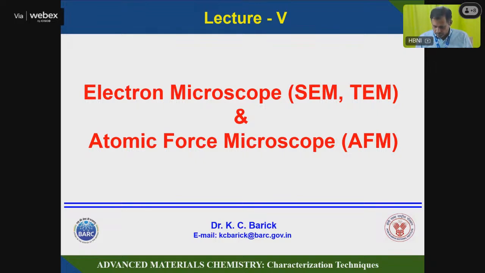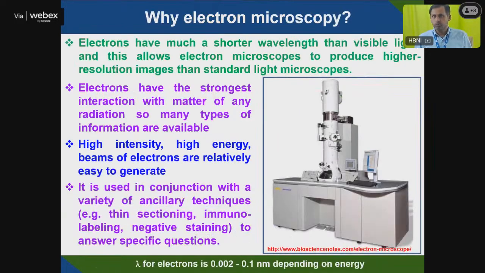First, coming to the electron microscope, why do you need an electron microscope? The first thing is that there are many optical microscopes available, but optical microscopes have many drawbacks, or we can't see many things. So we have to go for an electron microscope. Electrons have a much shorter wavelength than that of visible light, and thus allows